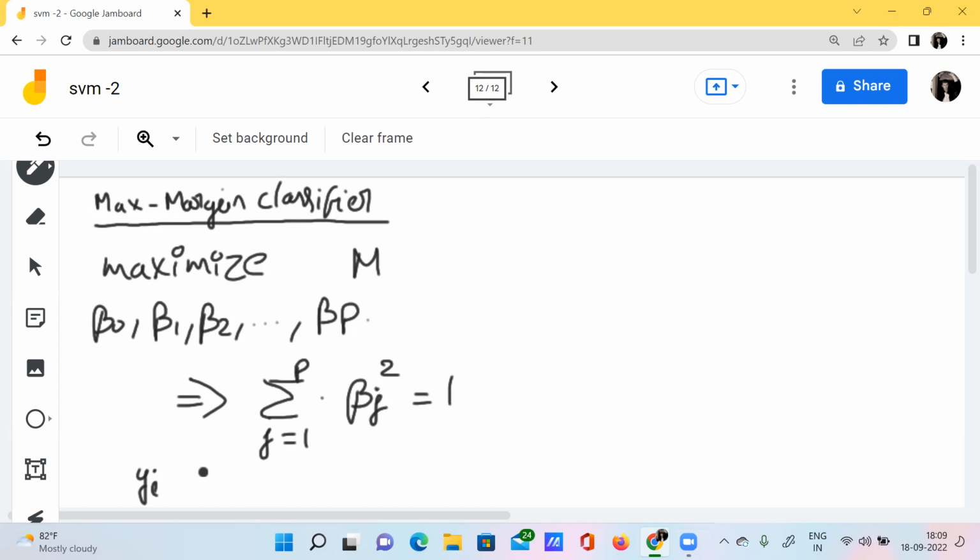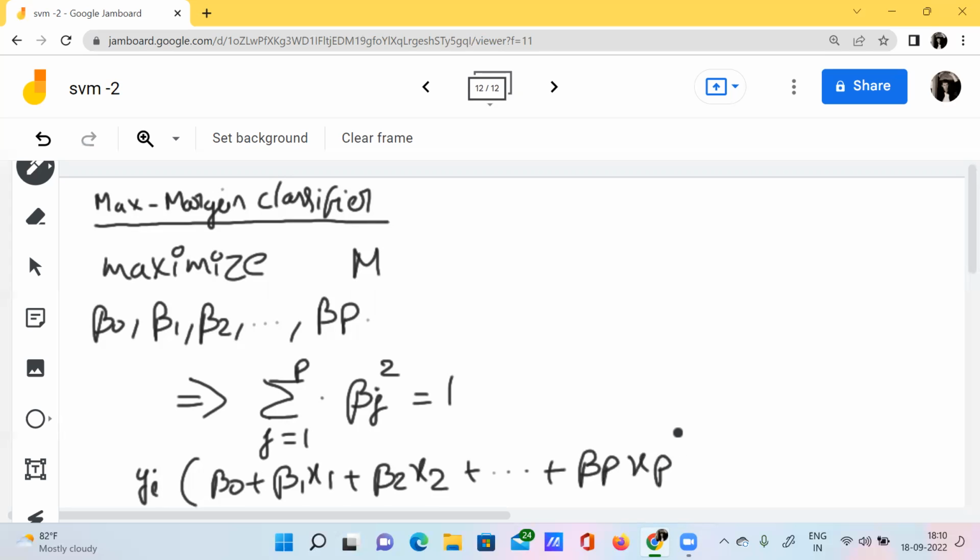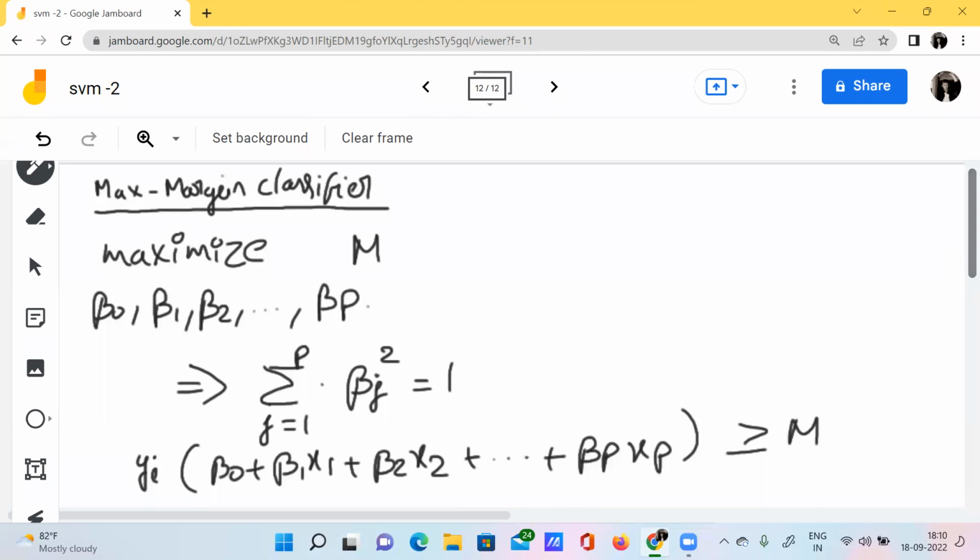And we also have the expression yi of beta naught plus beta 1 x1 plus beta 2 x2 plus and so on plus beta p xp, which should be greater than or equal to capital M. This is known as the optimization problem.